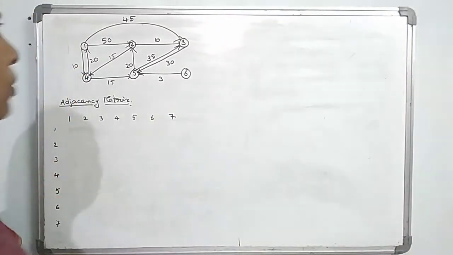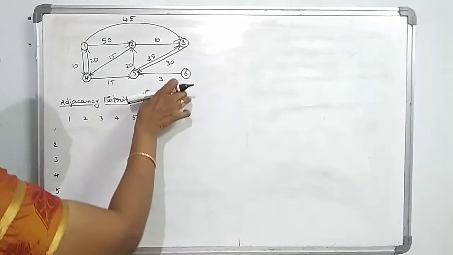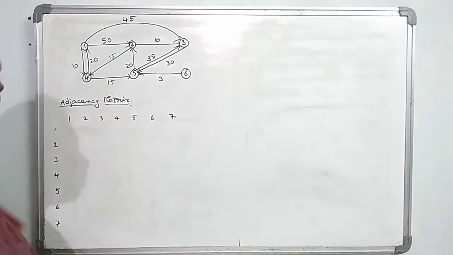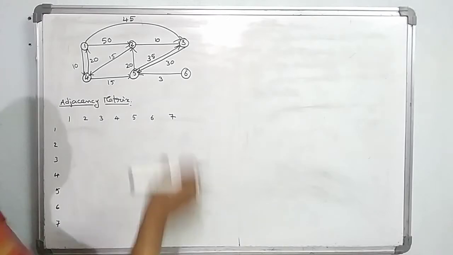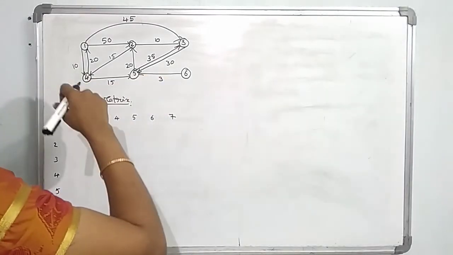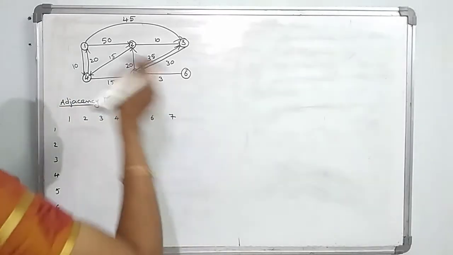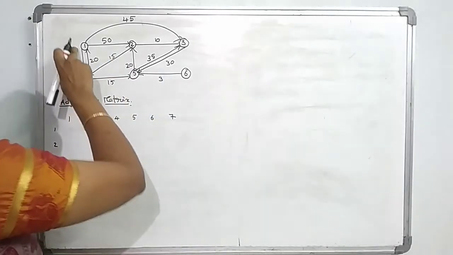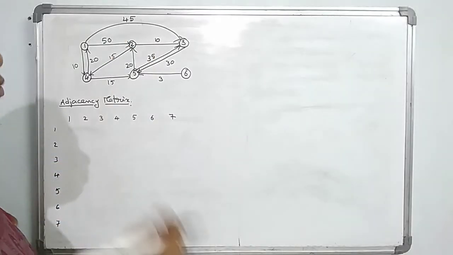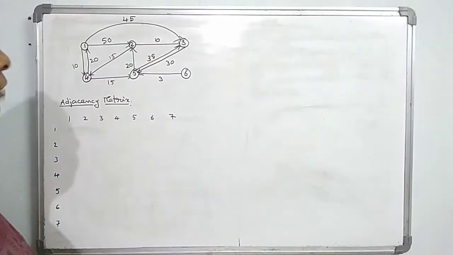Now this is the sample problem. In that, this is the graph. Within the graph we want to find out the shortest path. In that, you are taking the source and destination. I want to take the source as 1 and the destination as 2. From 1 to 2, what is the shortest path you are having?